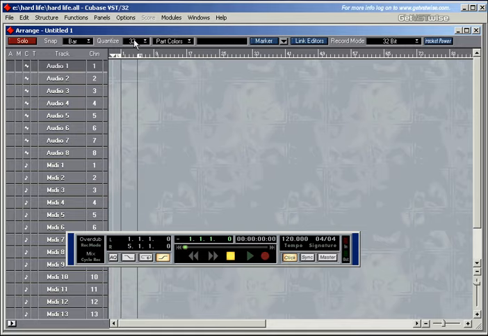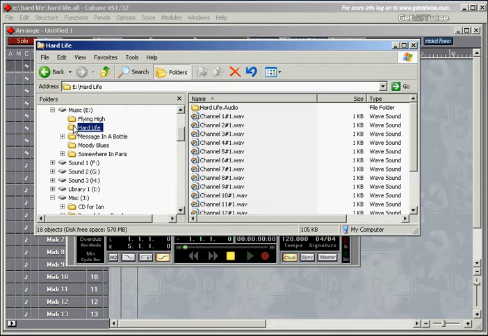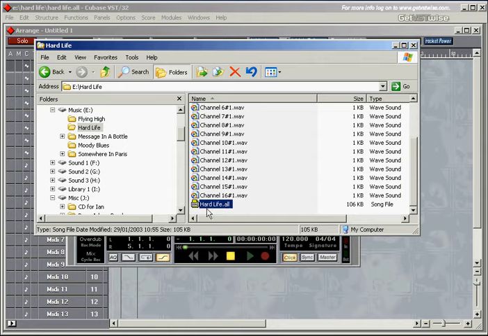and let's have a look at the top line again. I'm on my E drive. This is where I keep all my tunes. Hard Life is the folder for everything that's related to the Hard Life song, and this one is the Hard Life song file. And if I look at my directory, there's the Hard Life folder. Down here is the Hard Life song file,